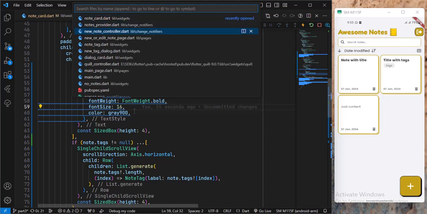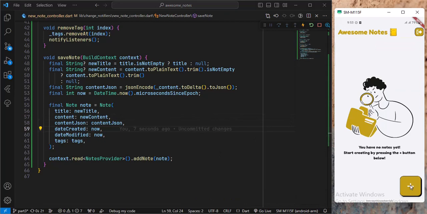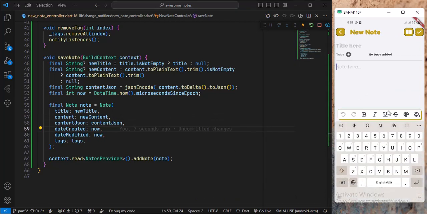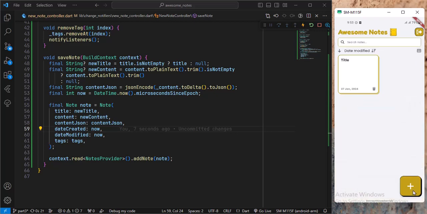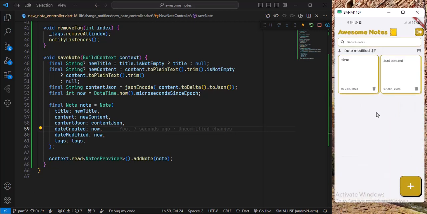So I'll go to the new note controller, and in here we are not using the new title but the title. And now that is the problem. So I will hot restart this, and I'll go to the new note page and just add a note with a title, looking good, with just content, looking good,